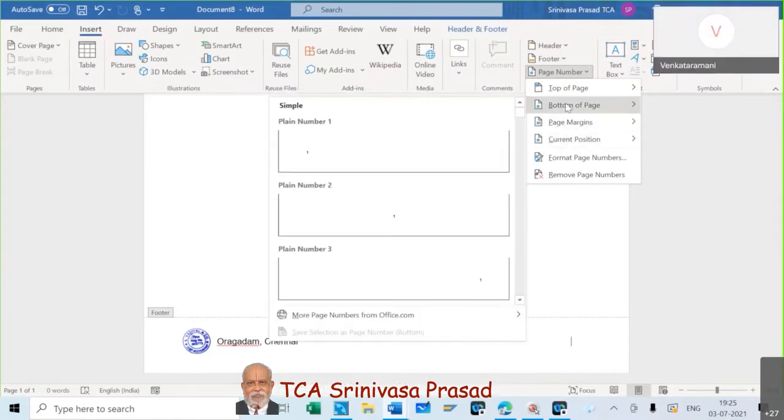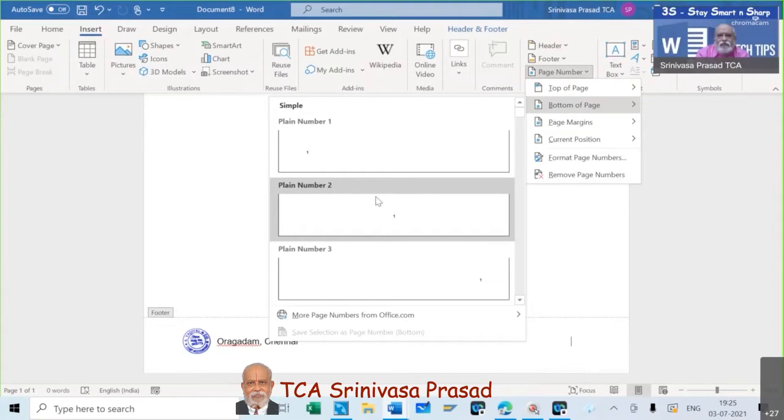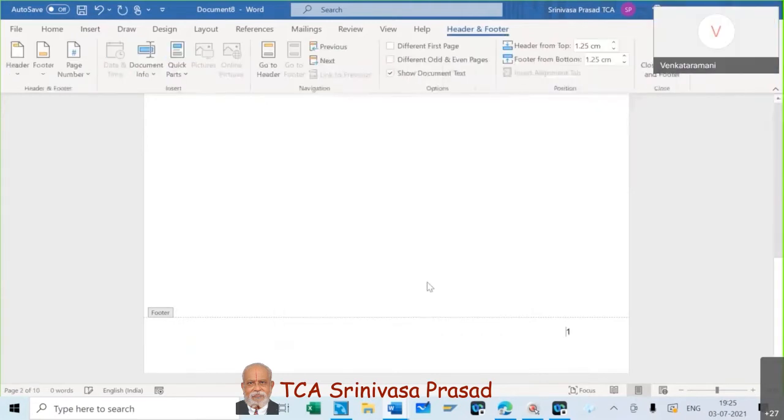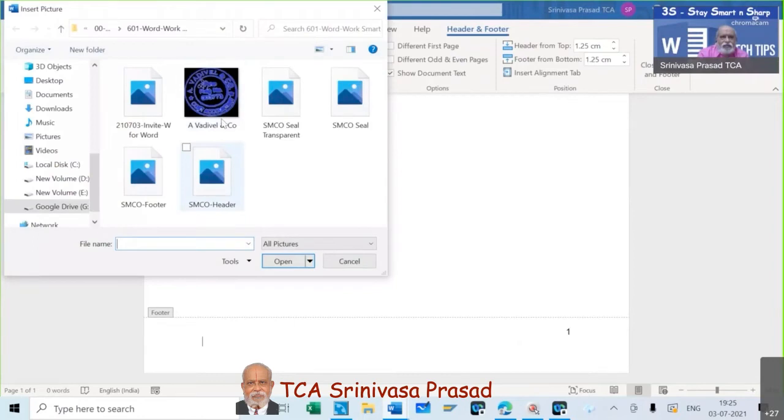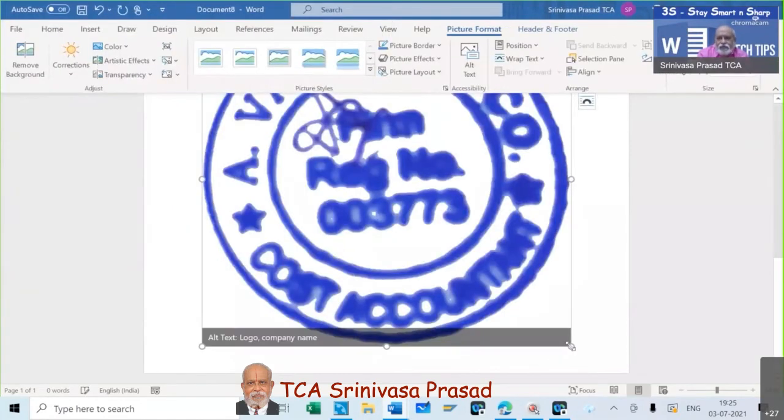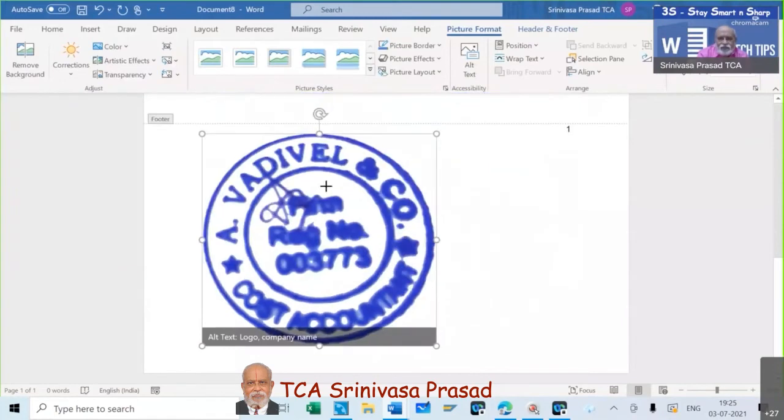Okay, bottom of the page we will do. We take this. Okay, this is how it has come. Now we will do the picture again for us to understand. It's smaller.